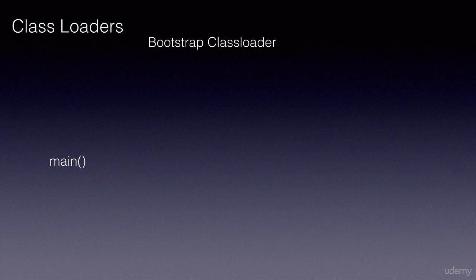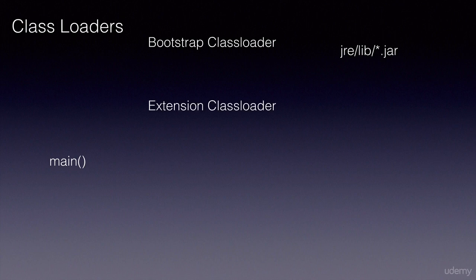The core class loader, the parent in the JVM, is called a bootstrap class loader. It loads all the classes in the JRE lib folder, all the system libraries or the JDK libraries that come with the JDK or JRE installation. The extension class loader loads all the classes and jars under the ext folder of the JRE. If we put any third-party jars in here that we need for our application, this class loader is responsible for loading them as required.